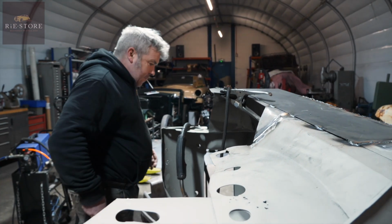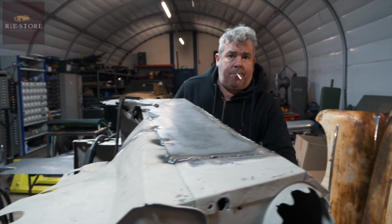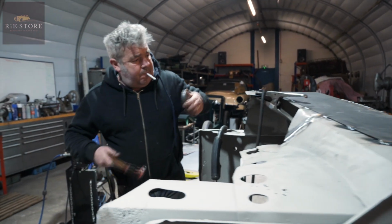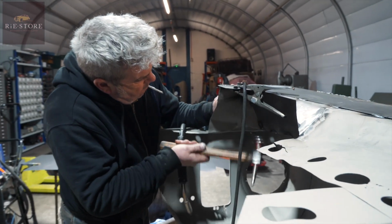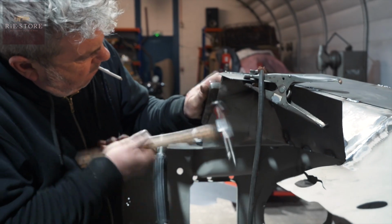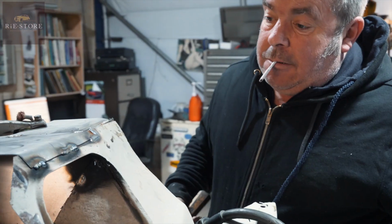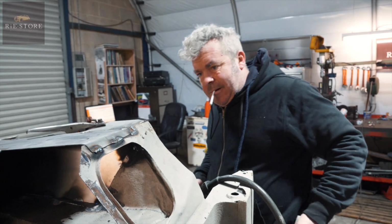See how under stress it is where it's bent. It's only a skinny bit of metal, that should just bang out. It's about as good as it's going to go really by the feel of it, so...